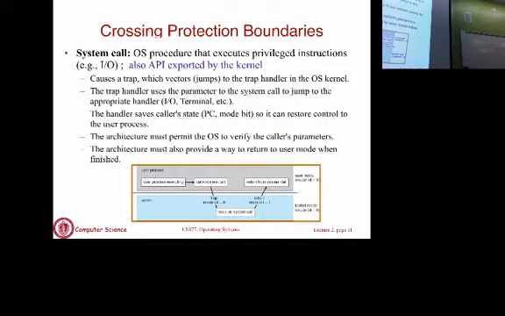Every process will have a region of memory that's allocated to it, and the kernel will also have a region of memory that's allocated to it. Processes will not be allowed to access any region of memory that's not allocated. That's how you protect processes from one another. That's how you protect the kernel from other malicious processes. And I haven't shown you how that works. That's coming. That's how memory management, protection in the context of memory management works.